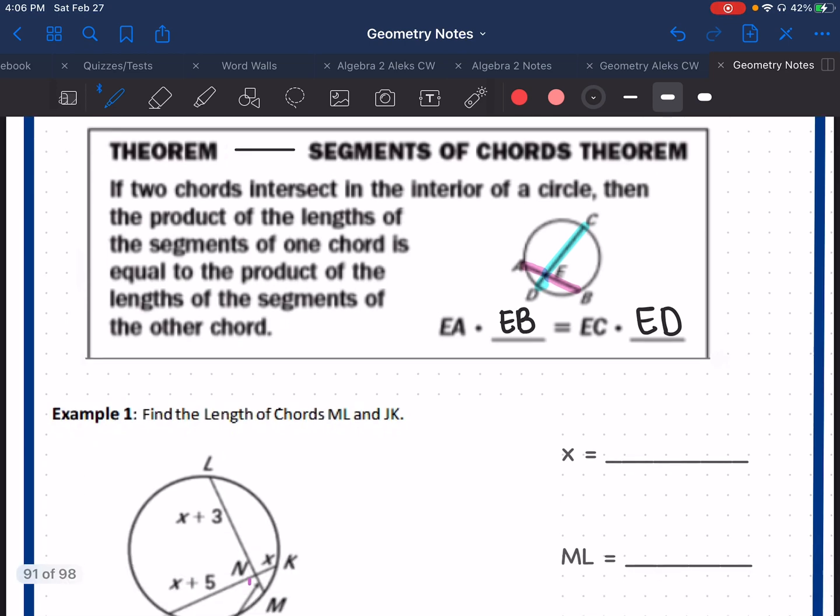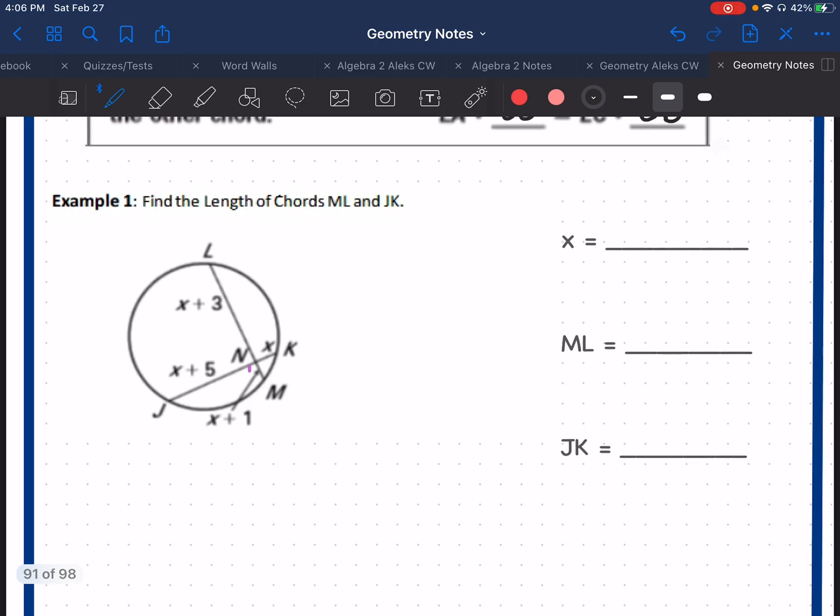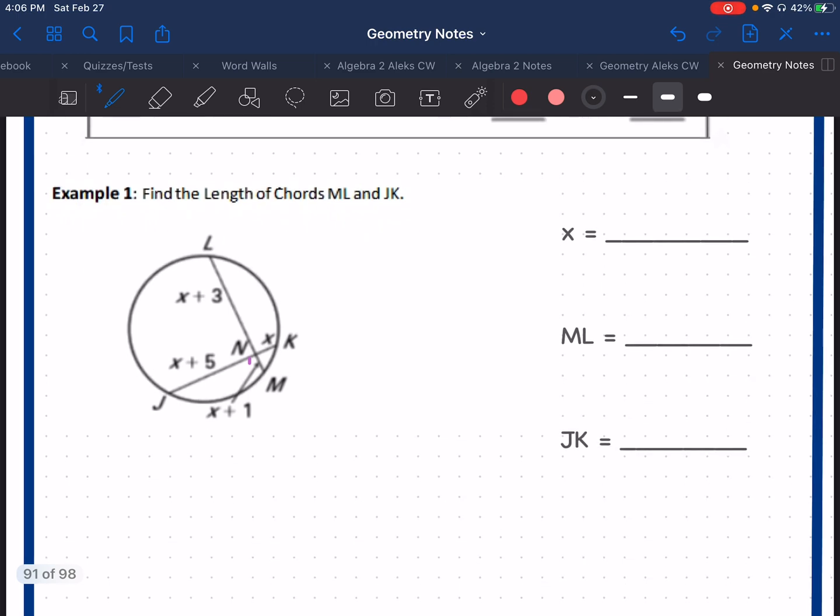Let's give this a try. Find the lengths of chords ML and JK. So first we need to find X. I'm going to highlight the pieces of my two chords. So there's a piece and there's a piece, and there's the pink piece and the pink piece. I'm going to set it up. I'm going to multiply JK, which is my blue. I could write it for you guys. There we go. Is equal to